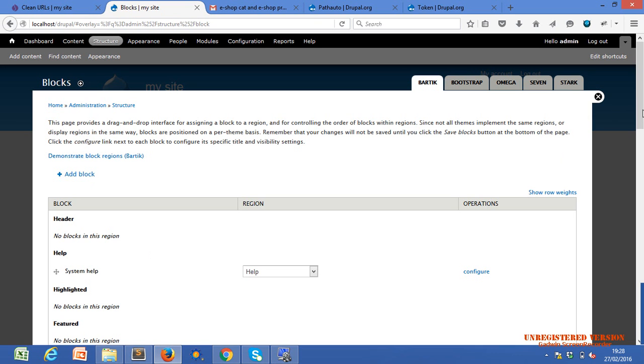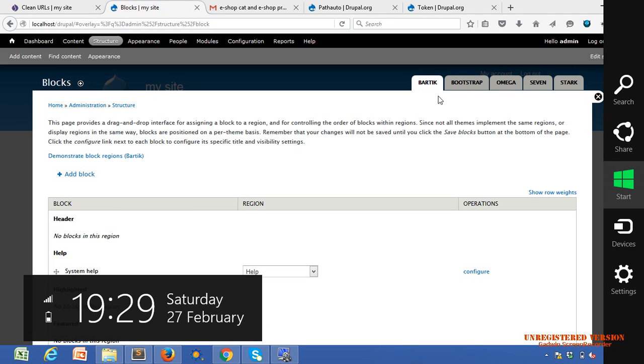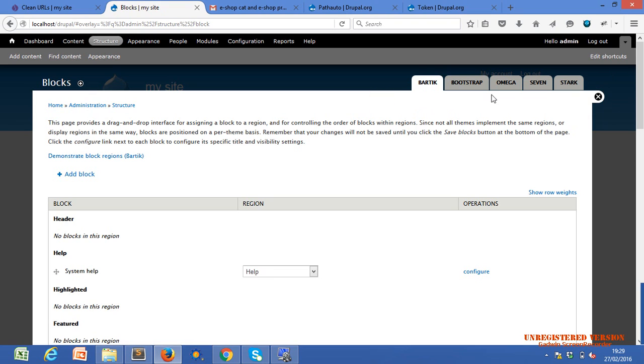There is information about the different blocks for different themes also. We have 5 themes right now within our website: Bartik, Bootstrap, Omega, 7 and Stark. We can manage blocks for all themes. Whichever theme is active will be displayed in the first tab, and the rest of the tabs will be inactive themes.